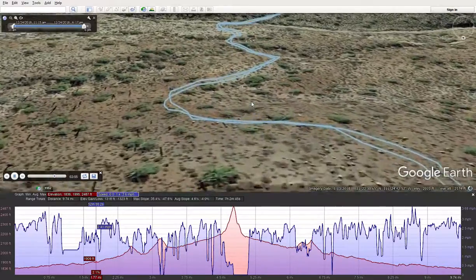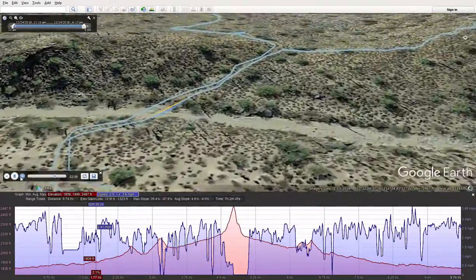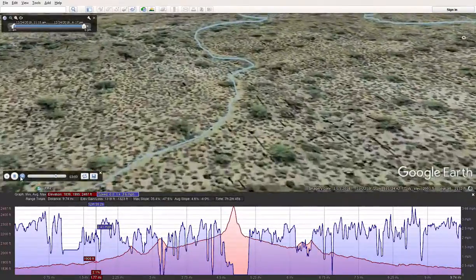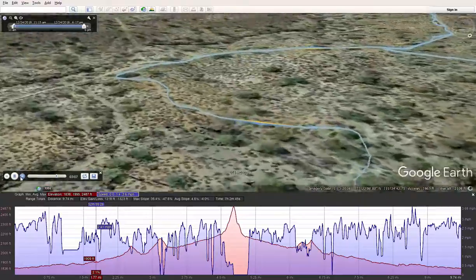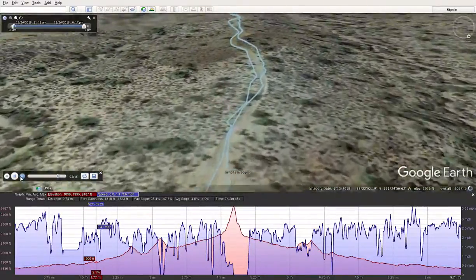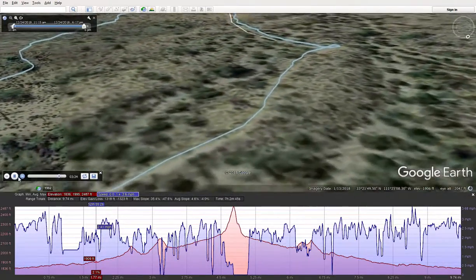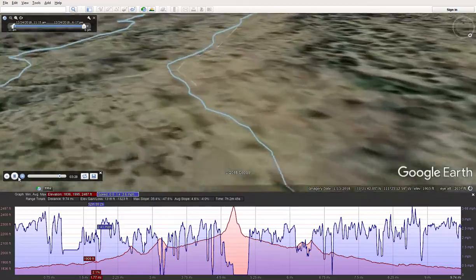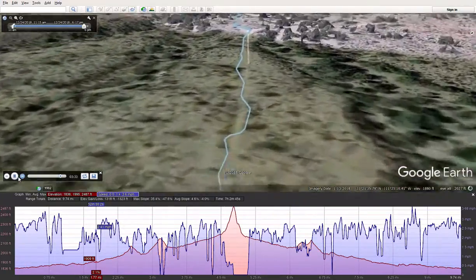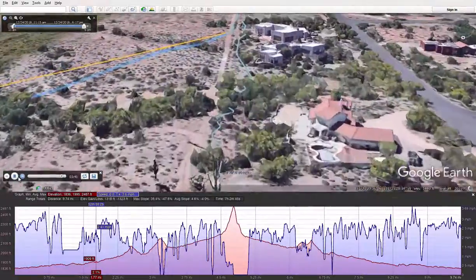So anyway, that was today's hike. Let's speed it up a little bit. Enjoyable, nice and long. A little bit of rocks on the top of Old Turk's Head, but you know, enjoyable. Like I say, we're doing a long one tomorrow, so. And there we go, back